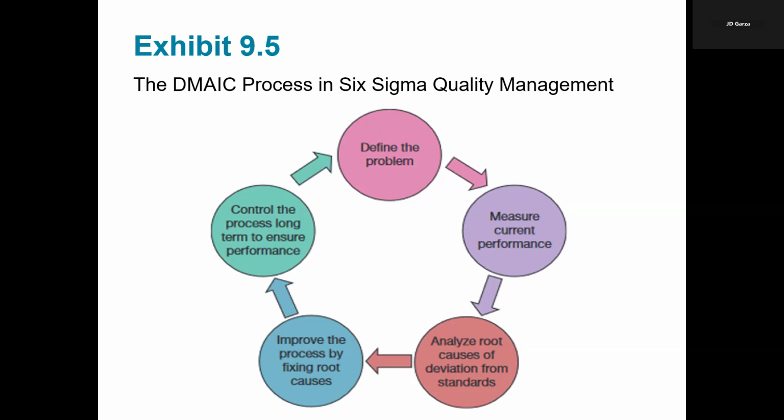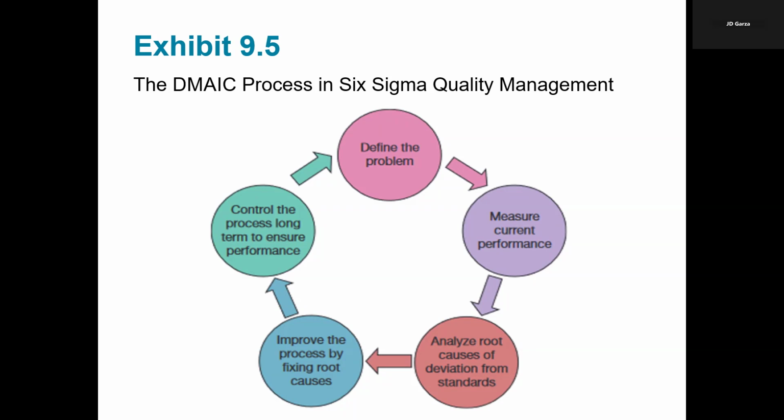Measurement aims to establish a baseline performance, identify those key metrics, and even assess the extent of the issue itself. Tools like process maps, data collection plans, even control charts are often used. As an example, here would be in the checkout. In this particular phase, it could involve tracking the average time customers spend in line and recording peak times of customer traffic.